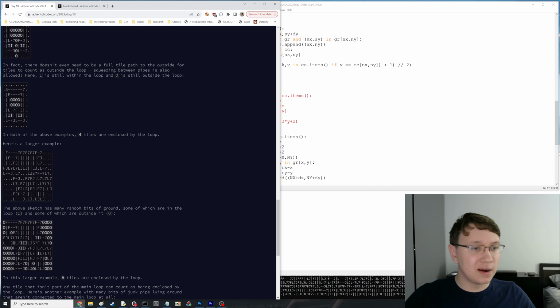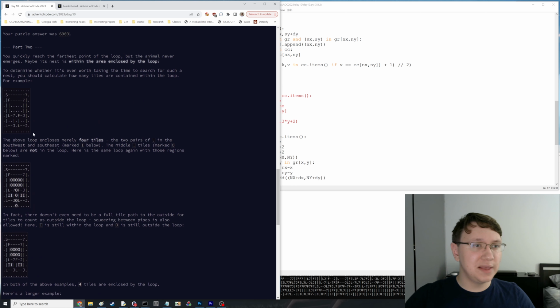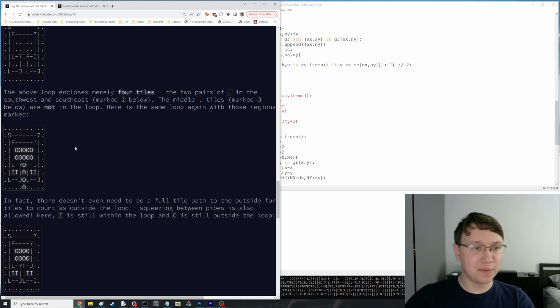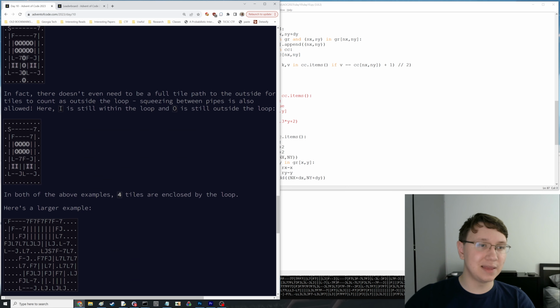But it's a little weird because in this example, zoom in a bit, these are obviously not boxed in because you can just walk straight to the outside. And these obviously are boxed in. But actually the definition of boxed in that they want is a little different, because in this example, you look at these and they sort of seem like they're boxed in because you can't walk to the outside. But really, if you think about drawing this loop,